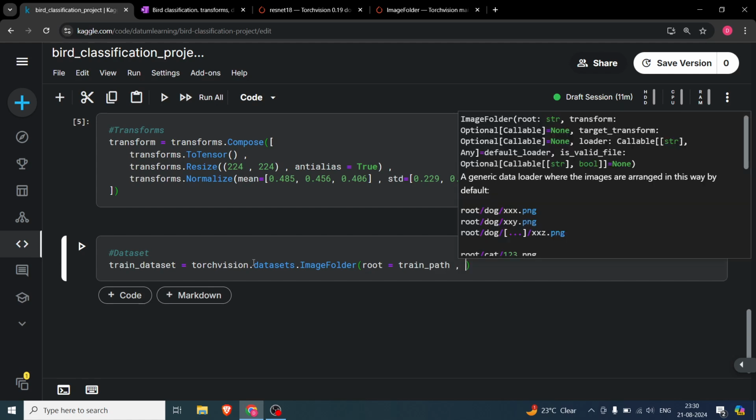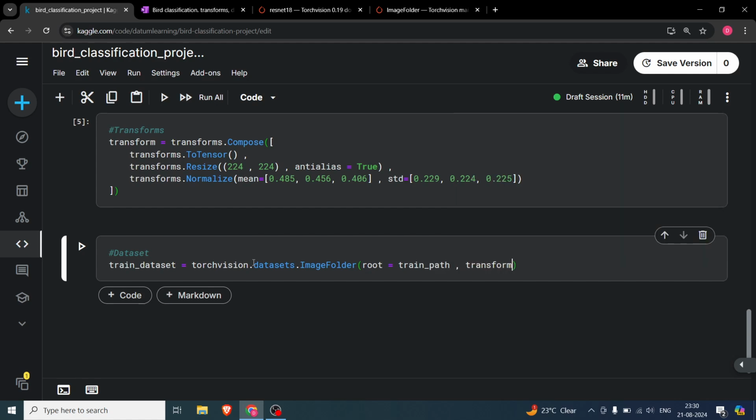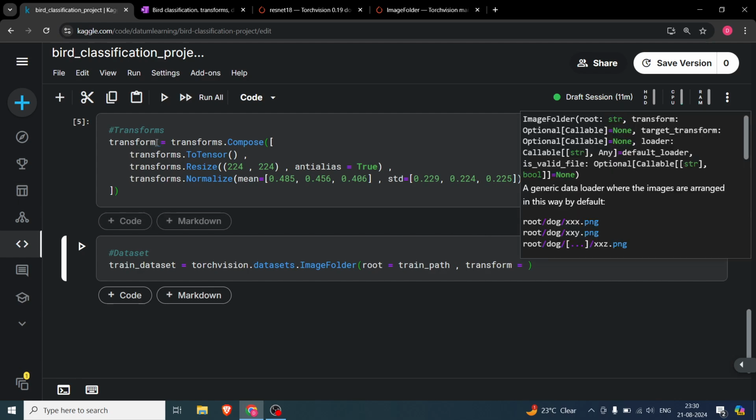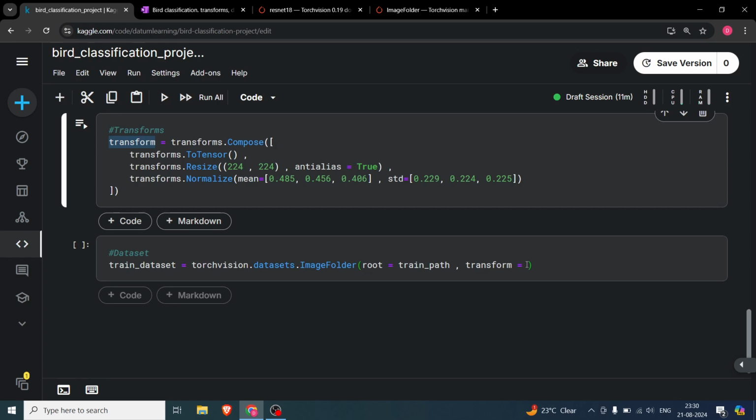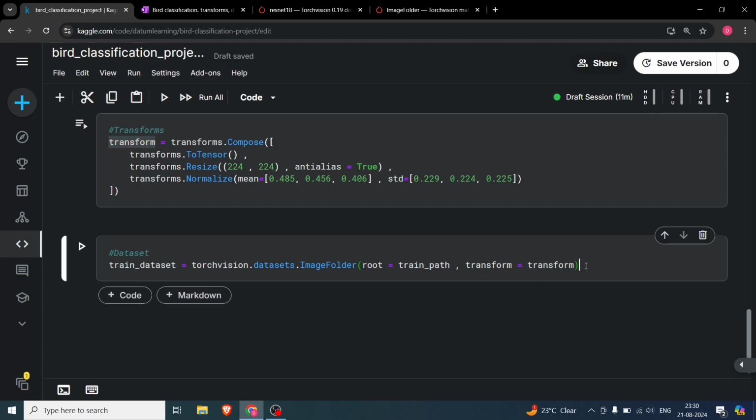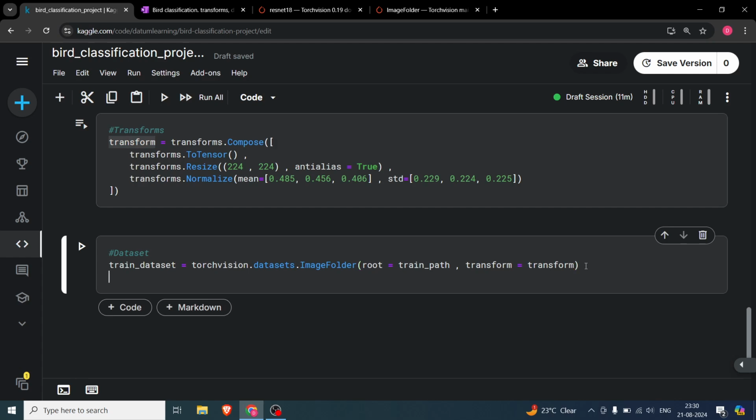After that I'm going to say transform. So the transform that we have already defined over here, I'm just going to write again, transform. Okay, so the transformations are also given over here. Now this is for the train data set. You also want it for the